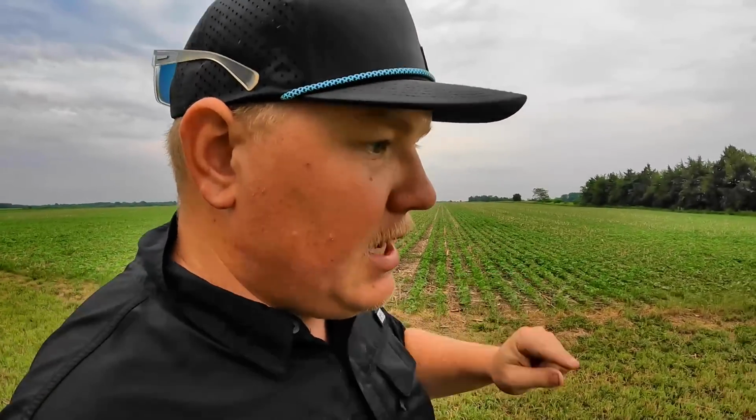The reason that we want to do that, it would be nice to go a little bit taller with your bins to get more storage, but at that point in time we start to need a different auger, taller augers, things along those lines. So we can do that, capturing more storage, with a little asterisk in there that we'll talk about in a second, while not having to bring on a capital investment for things like a grain leg. Even though a grain leg would be super nice to have, like I said, my budget only goes so far, so I need to look at the things that have the biggest ROI,